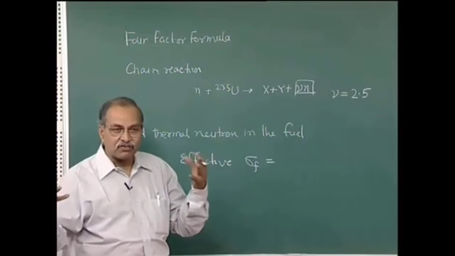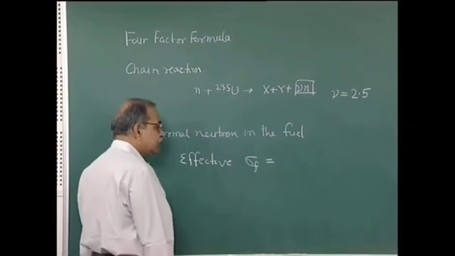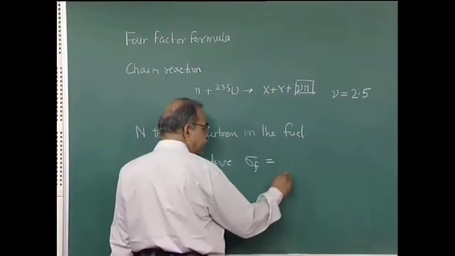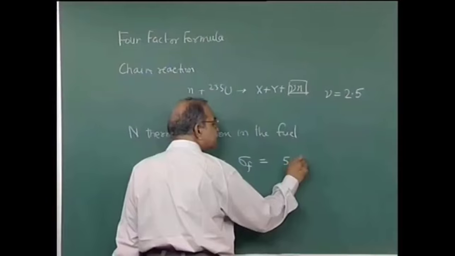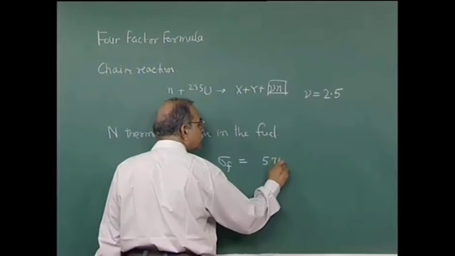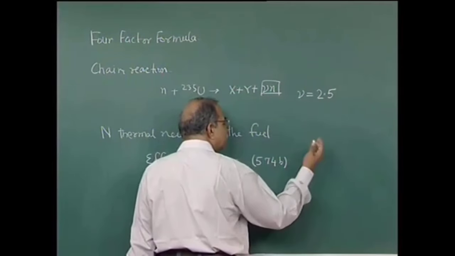So, on the average, what is the fission cross section per nucleus, and that will be say, let us say 570 or 574 barns for uranium 235,